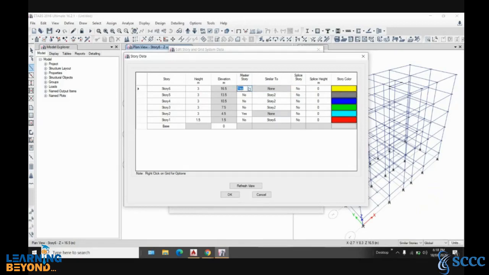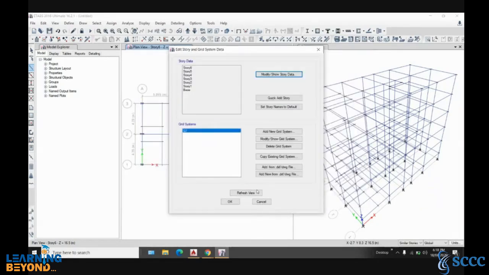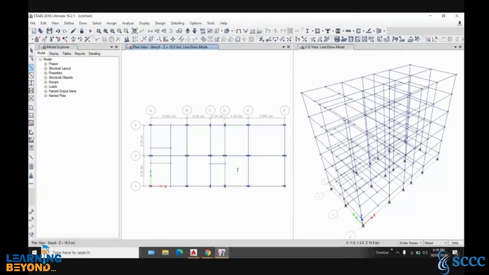So click on master, make it no, and click on this and make it similar to story number 2. If you do that much, and now if you go to this, now this is at plan view, z equal to 16.5, which is top.